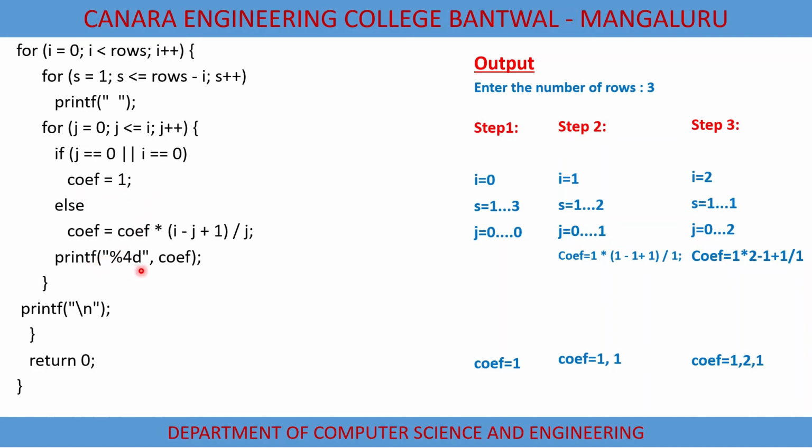So it will come out of the loop, and while coming out it will print the coefficient value, that is 1, and after printing it comes out of the loop, it gives a slash n, that is a line is entered, that is backslash n, then it again enters back into the I loop, that is the outer loop. Again the value of I is incremented by 1. So I was 0 initially, now it has become 1.